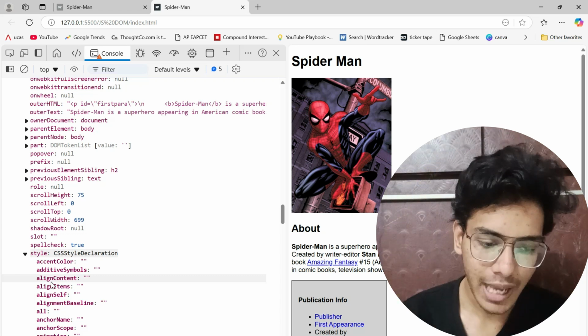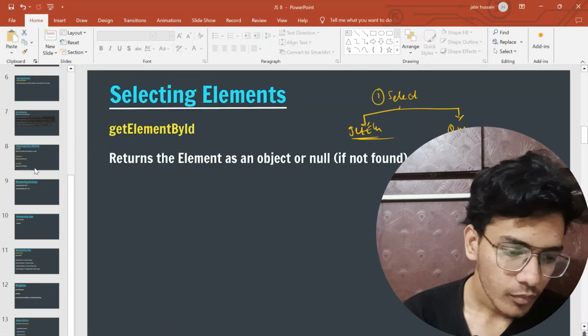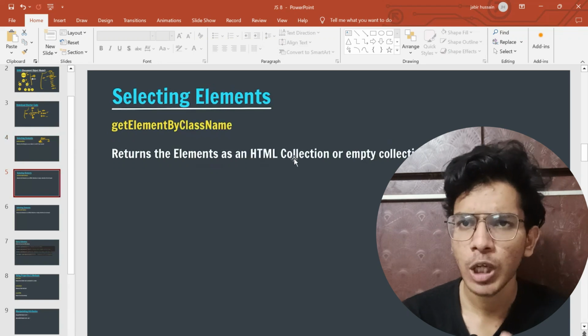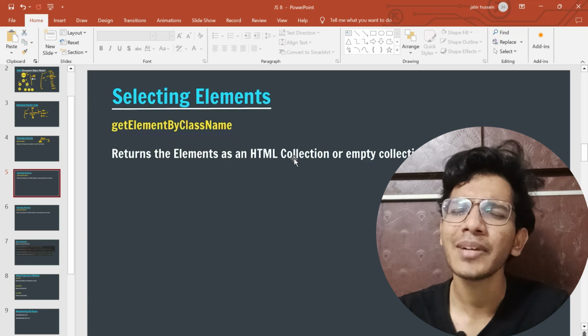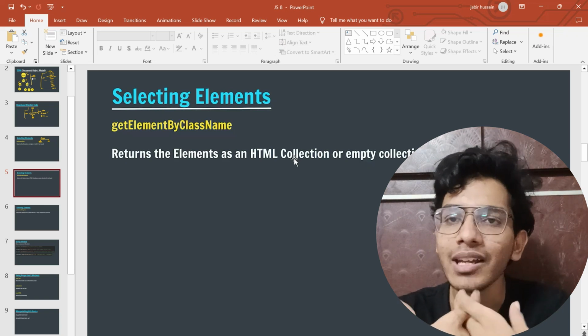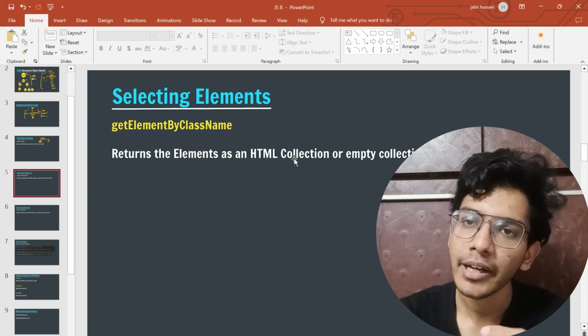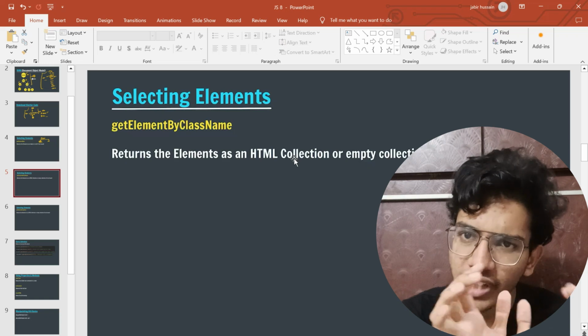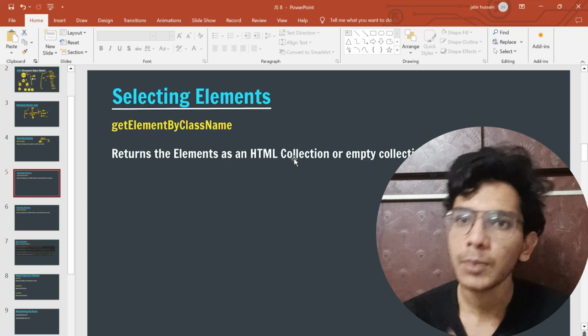Now similarly we have another method called select element by class name. Let's say that you have a set of elements. Let's say I have 10 elements, and these 10 elements have the same class. Now instead of choosing each and every element through ID, you want to select these entire 10 elements in one go. Then at that point you will use